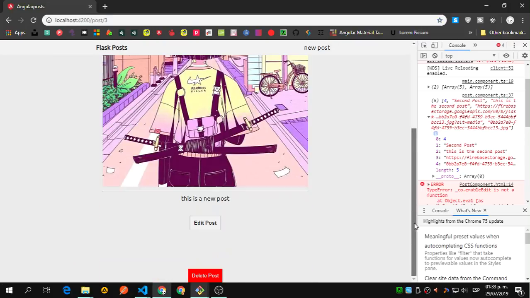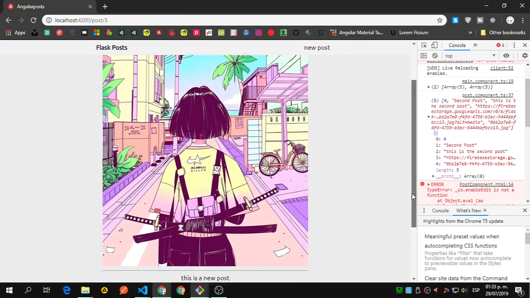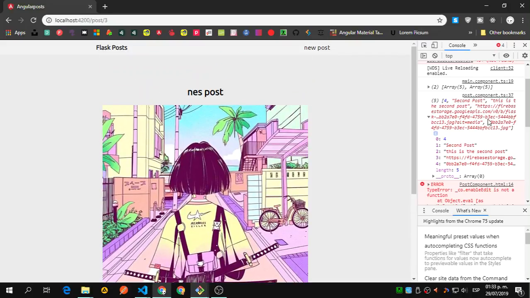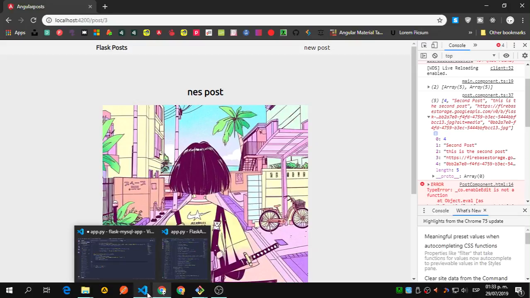Click one, and we have two buttons that right now have data, but are actually not working. You can see we have the image, the content, and the title here, and also you can see the response from the API. So let's fix